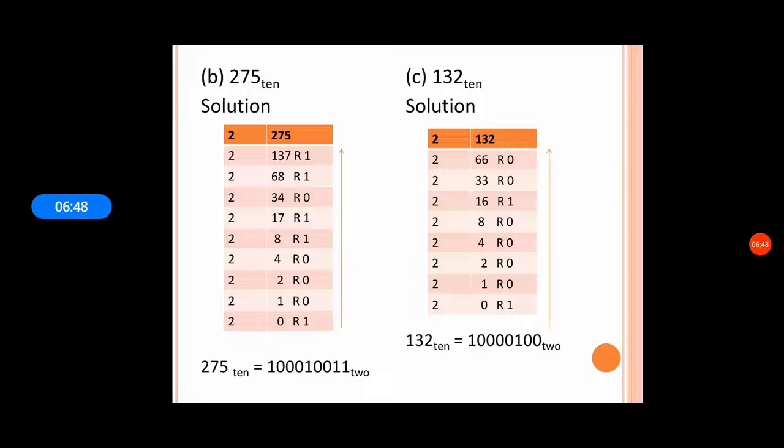Please, you can also see the direction of the arrow. So you have 132 base 10 equals 10000100 base 2. So that is how to convert base 10 to binary number. Now let's move to the next